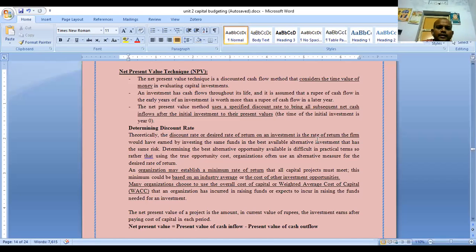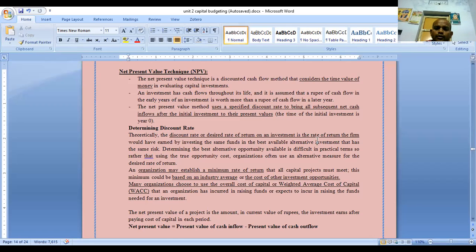Net present value technique. This is one of the modern techniques of capital budgeting. This method considers the time value of money, and this method uses a specific discount rate to bring all expected cash inflows into present values,